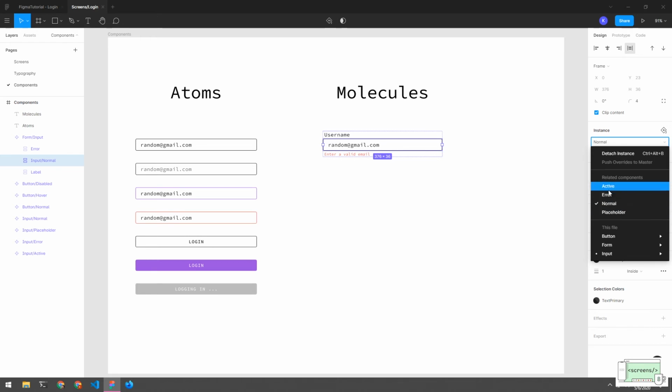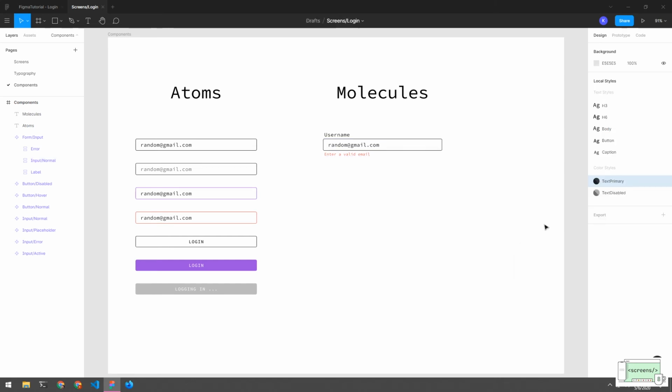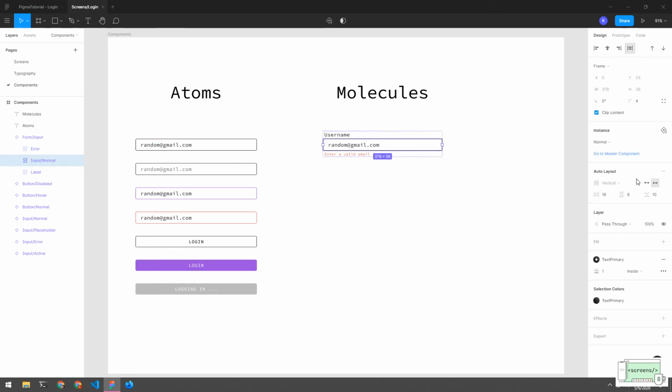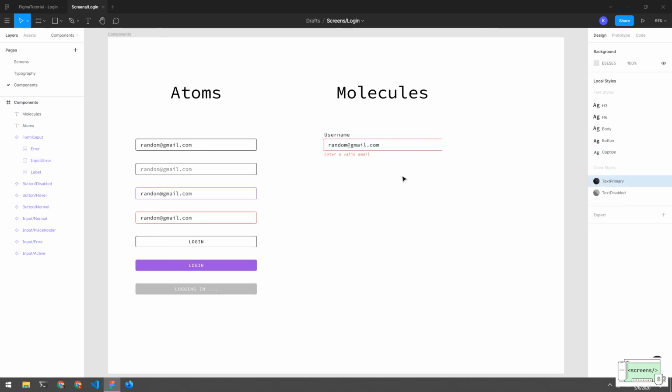So basically these are the 4 states which we created here, and since we followed the naming convention, it is grouped together. So now you can also see that input has 4 different types of states. So what we can do is change this to error, and now we can see